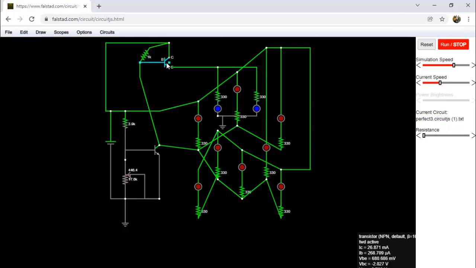So how does the working principle go? Simply, when the resistance is very low, that means when the sunlight intensity is very high, then the LDR resistance is very low. It acts like a short circuit. So when it acts like a short circuit, the base voltage is higher than the threshold limit. When it achieves a value greater than the threshold, the switch is in the on condition. So when it's on, you simply consider the ground is present here. When the ground is present here, automatically all the red lights start to glow.